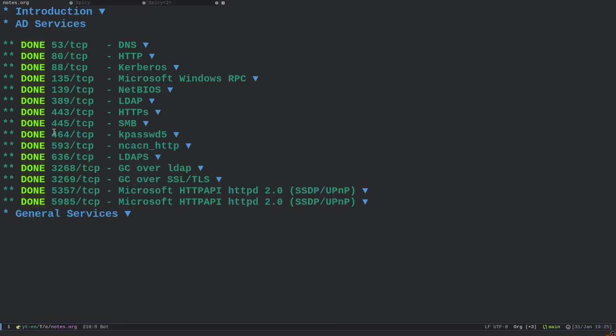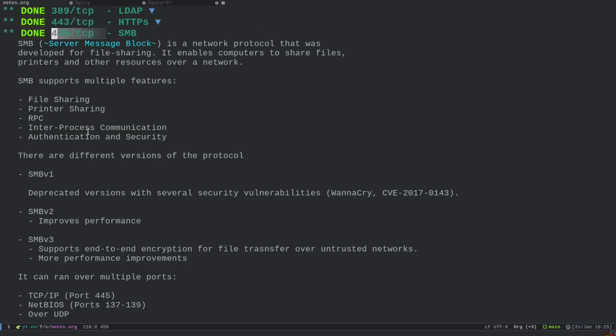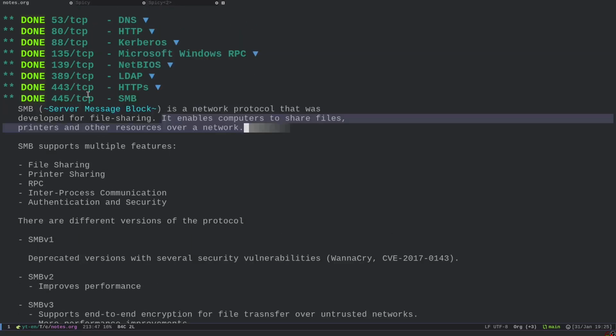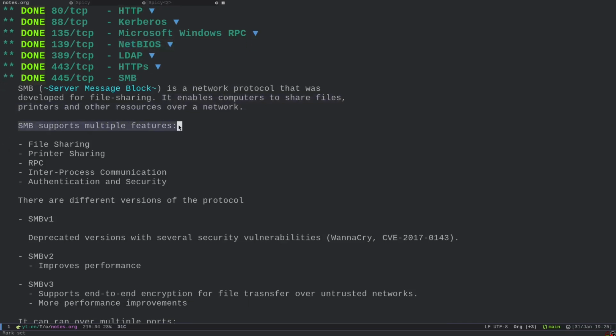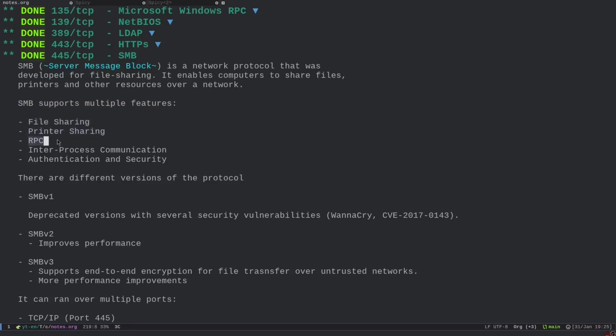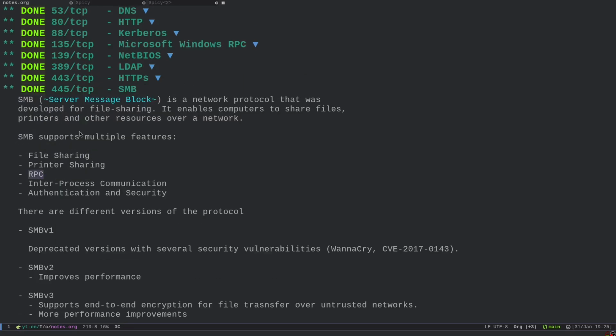In port 445, we find a very important service and protocol, which is the SMB protocol, which stands for Server Message Block. So this is a network protocol that was developed for file sharing, for the sharing of resources, and also of printers. So it enables computers to share files, printers, and other resources over a network, and essentially this took over the NetBIOS protocol. So SMB supports multiple features: file sharing, printer sharing, RPC, which is the remote procedure call, inter-processor communication, IPC, authentication,